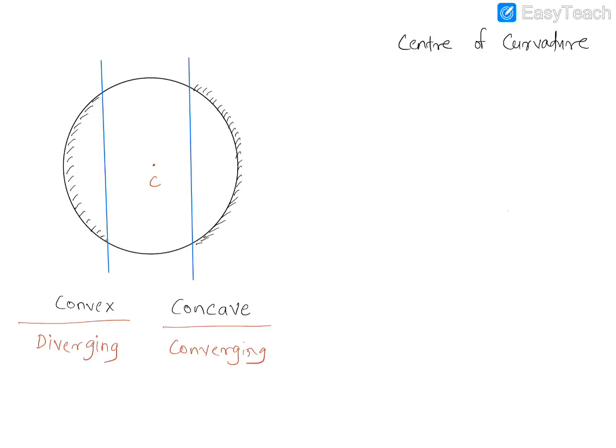Then the next term is the pole. What do you mean by pole now? Pole is the geometric center of the mirror. So this will be the geometric center. Got it? Here is the geometric center. So pole is the geometric center of the mirror. Meaning what? For example, if this is your mirror, then this will become your geometric center.